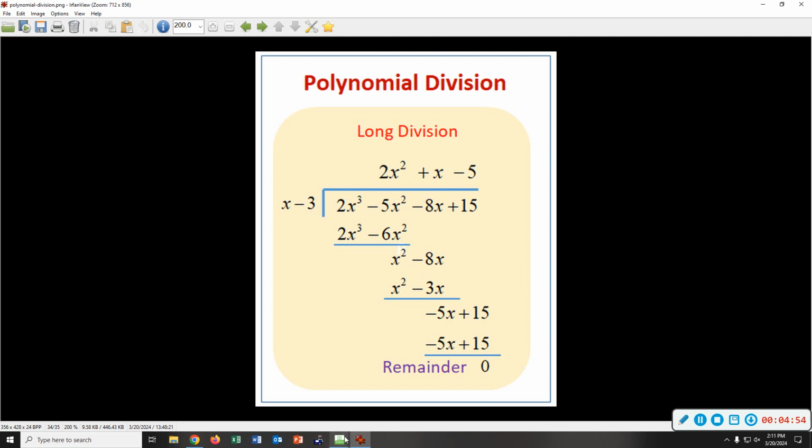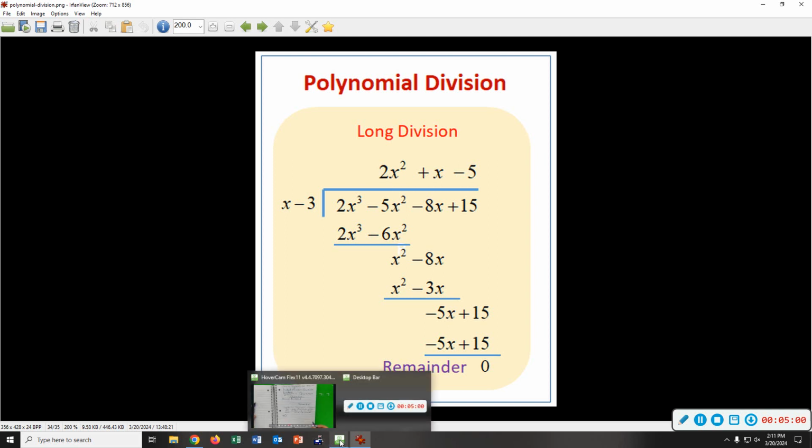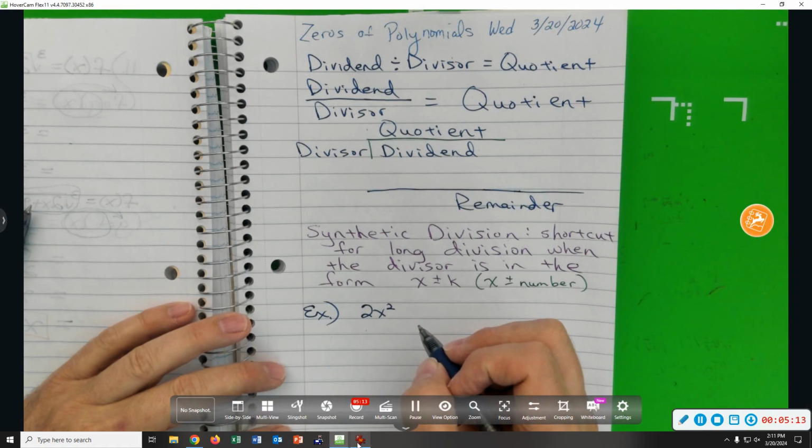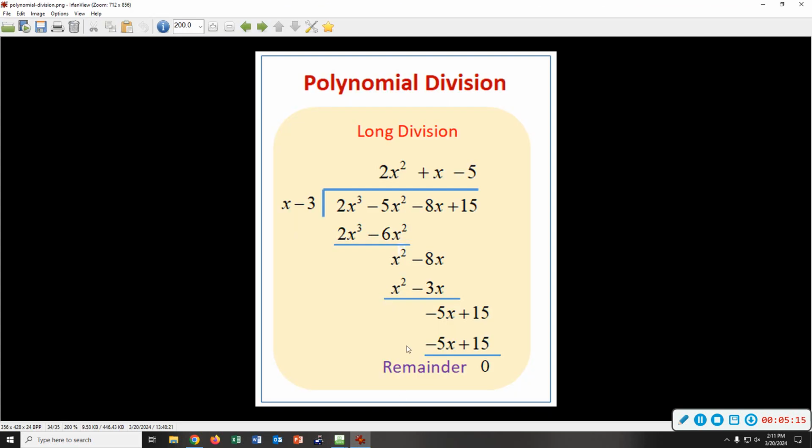Let's use synthetic division to divide. There's really no way to explain synthetic division without looking at an example. So we have, let me write it down, 2x cubed minus 5x squared minus 8x plus 15